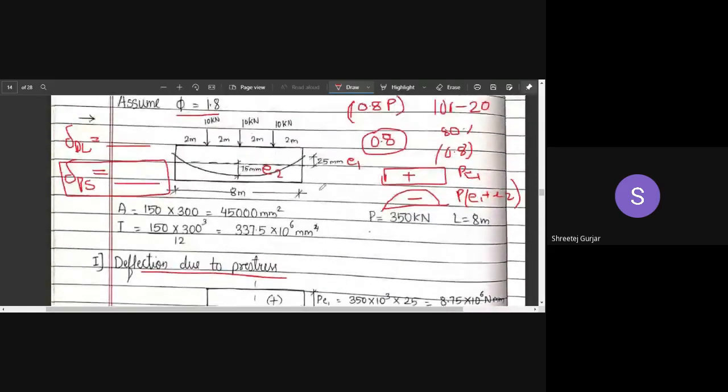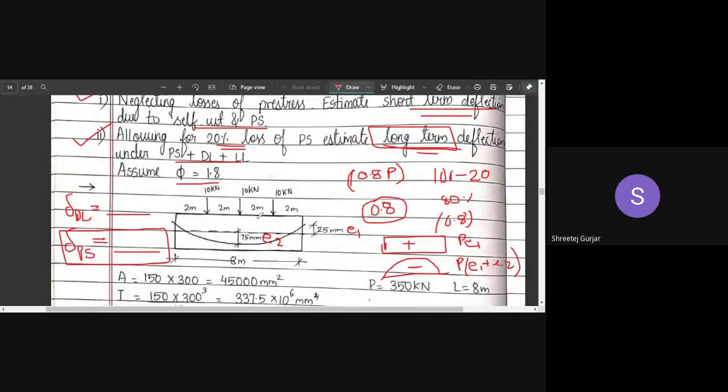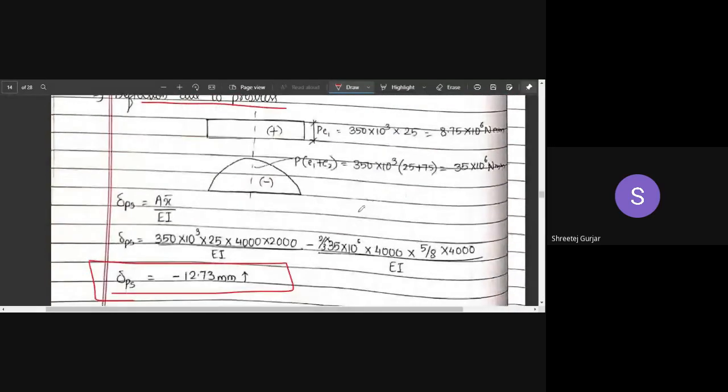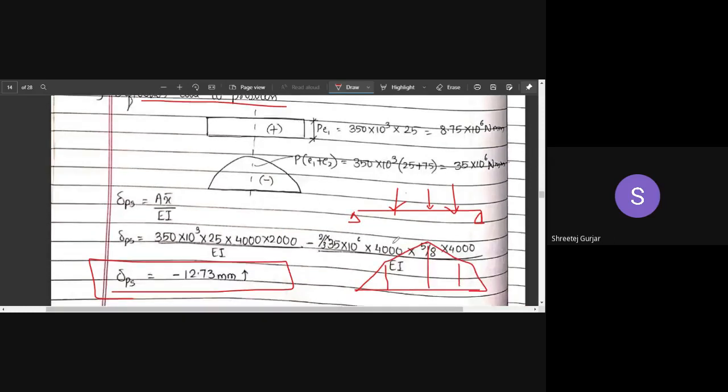Normally, how you solve in your structural analysis, right? Same, you draw your free body diagram, you calculate the reactions, and then you draw the bending moment diagram. It will be in this format. Then what you have to do, you have to calculate this total area, multiply that by the centroidal distance.